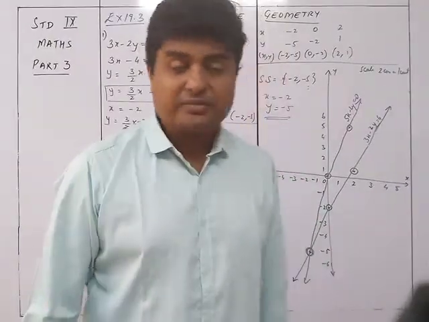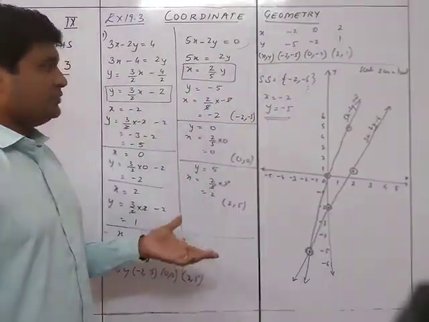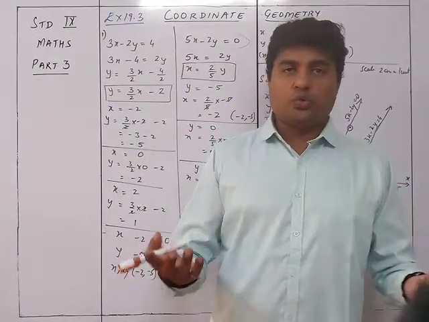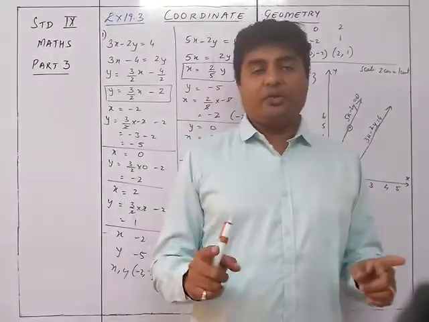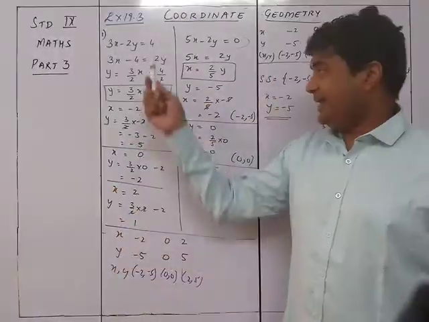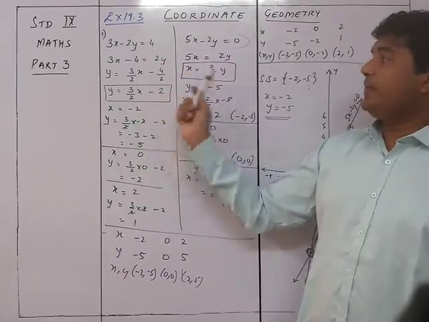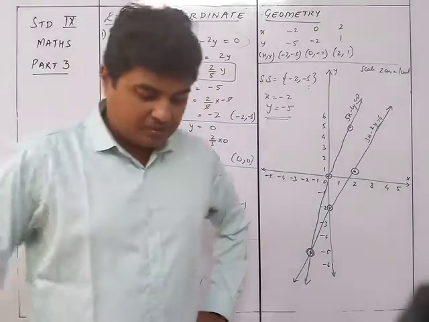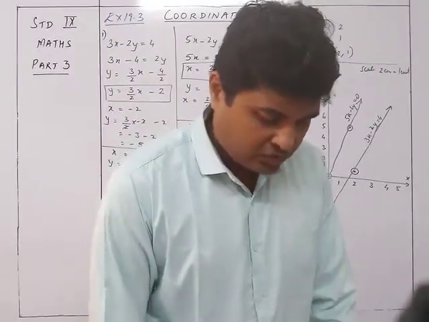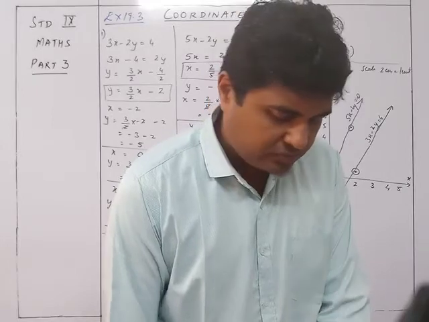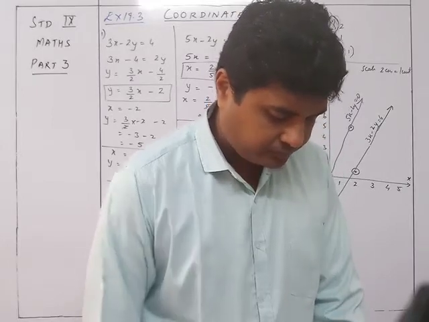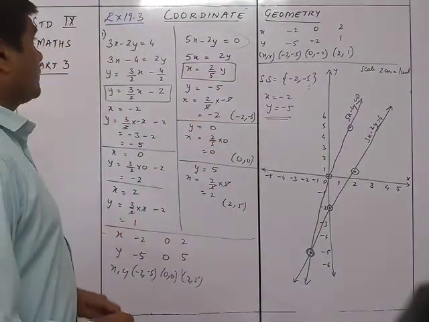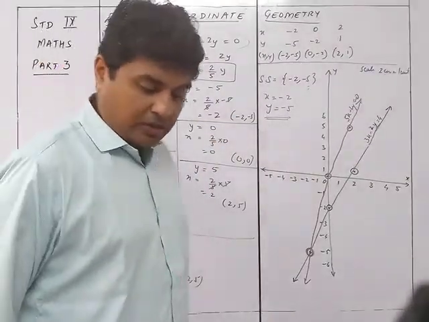So in 19.3, the sums are very easy sums as such, because you are just doing the same thing that you did in the second exercise, but you are doing it twice because of the two lines. Okay, but be very careful that you are not making mistakes in these calculations, neither in framing the equations. Okay, so that is the main part of this particular chapter. So this was the first thing. So in 19.3, you can also check the answers in this case, because the answer is minus 2, minus 5. Okay, so that's the answer for question number 1. Now we move on to question number 3.